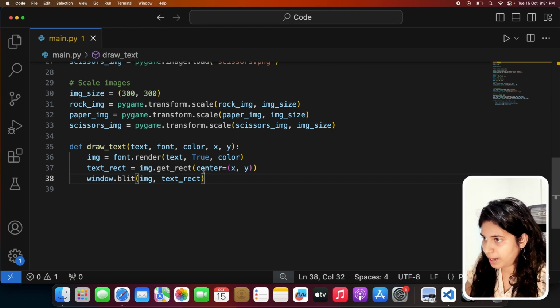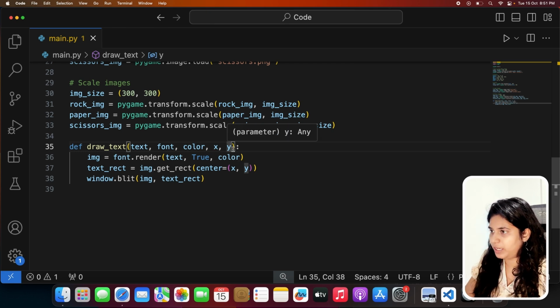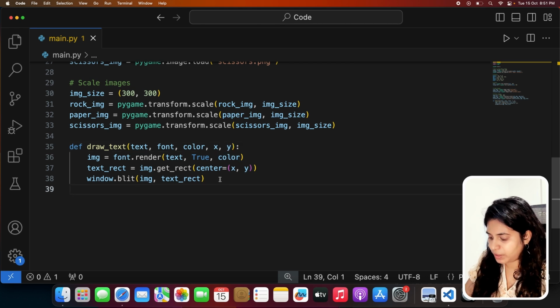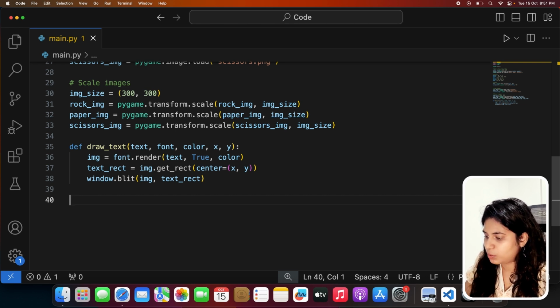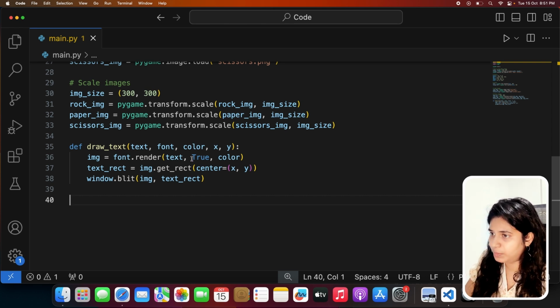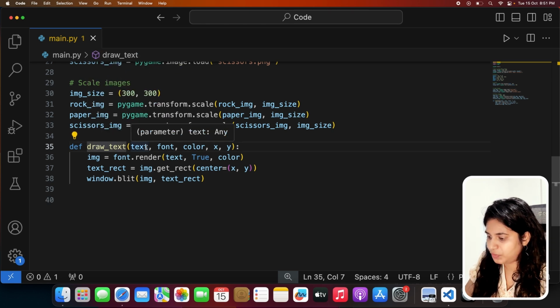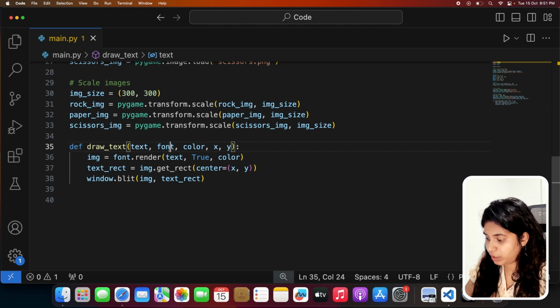So this method has parameters called text, font, color, and x and y positions. So the actual string that you want to display, like you want to display some text message to the players, say you won or you lost or something. So in order to do that, I'll be using this function. So it has a text, so specifying the text value, then the font and the color and x and y